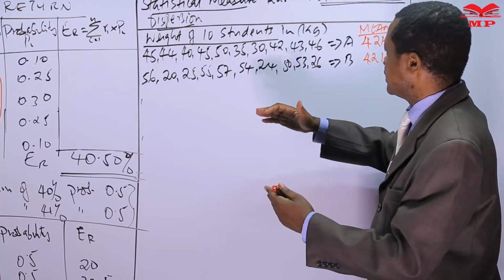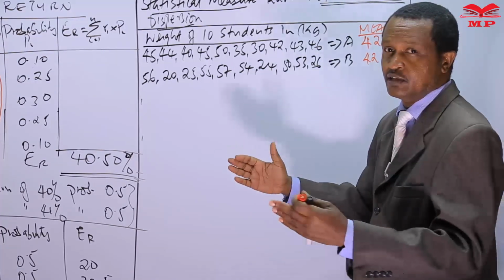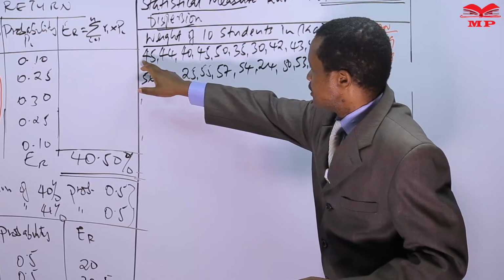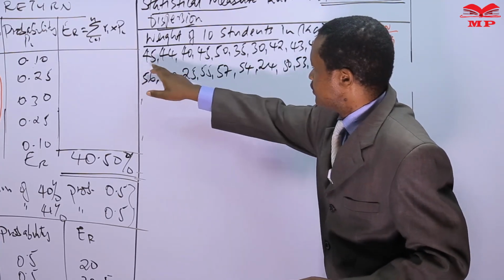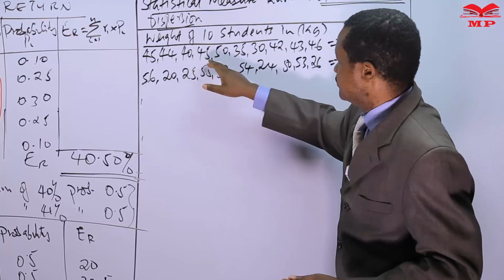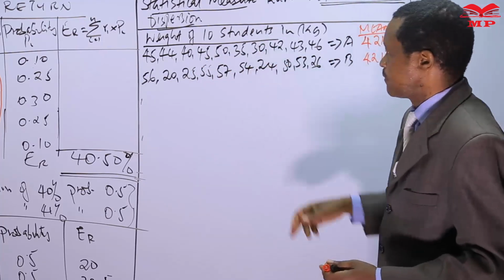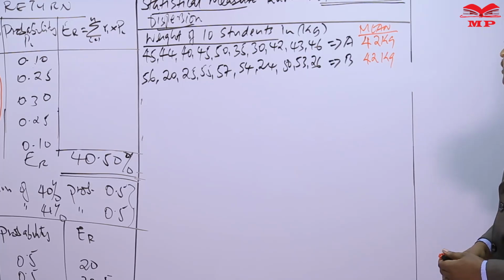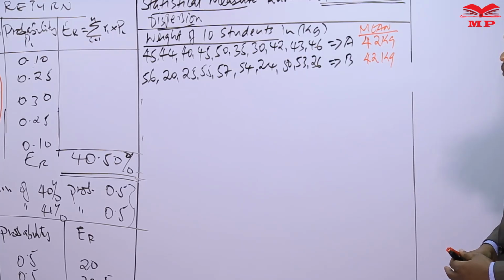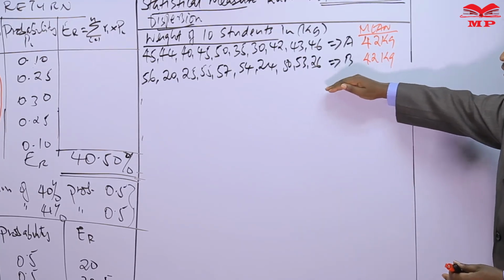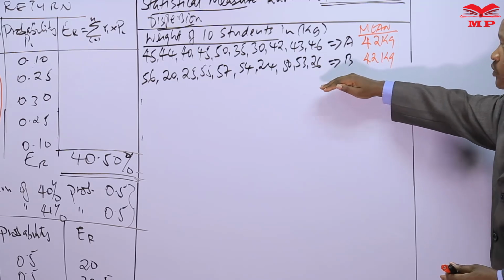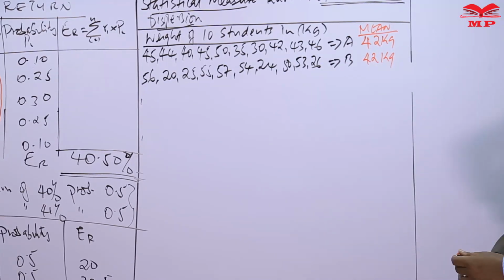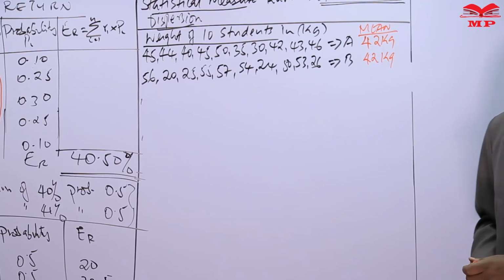The variations are high among the students compared to the first class, where we have 44, 45, 40, 45, 50. So we need to calculate the standard deviation for the two sets of data for us to be able to know the level of variation,